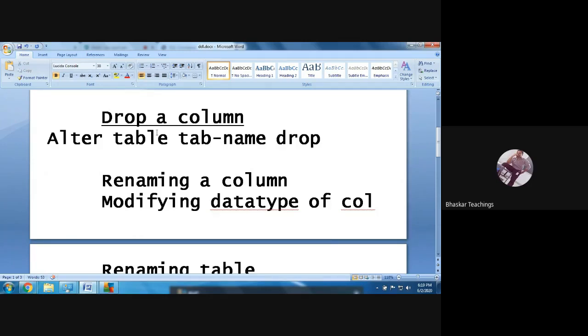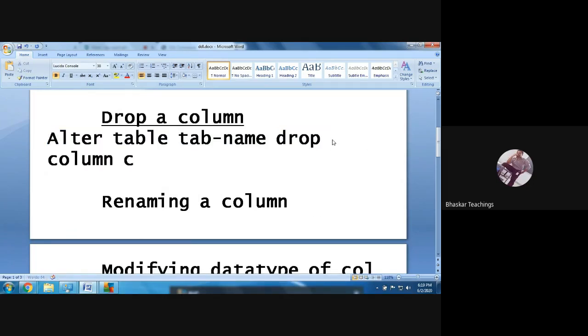Fine. Here in this dropping column operation in Oracle, you need to give the syntax this way: alter table, table name, drop, give the keyword column, and mention the column name. Okay, so alter table keyword, table name, drop column keyword, column name. Let us go and test it here.